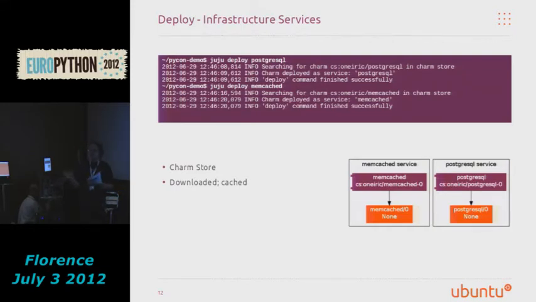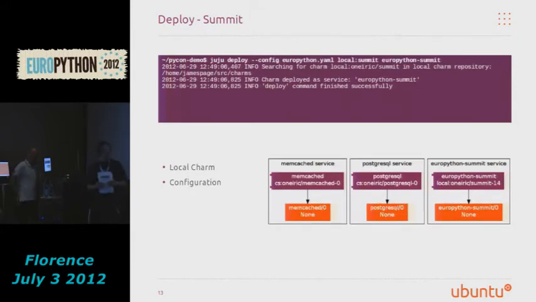Juju has some standard naming around its services, the service unit supporting services. So you'll see in this instance we have a Memcached/0 and PostgreSQL/0. As you scale out those individual services, you'll get 1, 2, 3, 4, 5, 6. And you can SSH to any one of those using the Juju SSH subcommand and then giving it the service unit name if you need to log into a service unit and diagnose an issue with one. So in our local provider, the service units get created by using LXC, and Juju then deploys the charm to those service units.